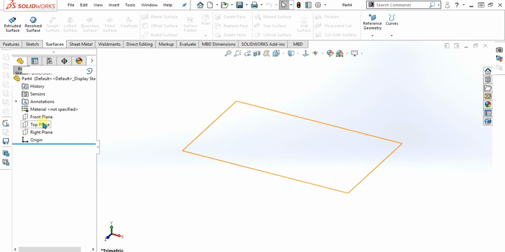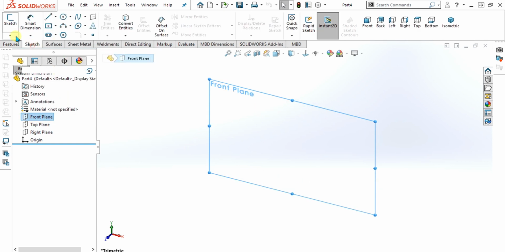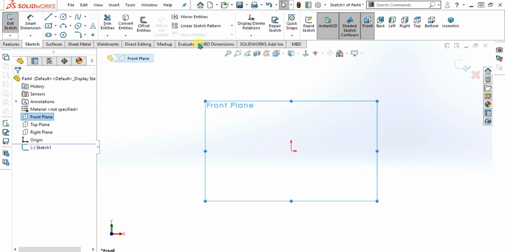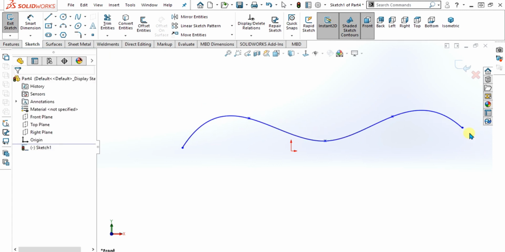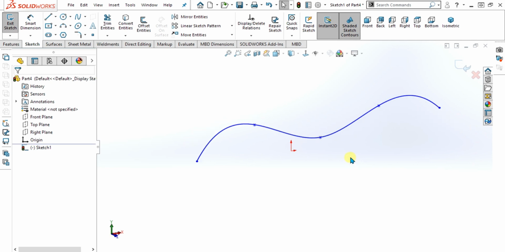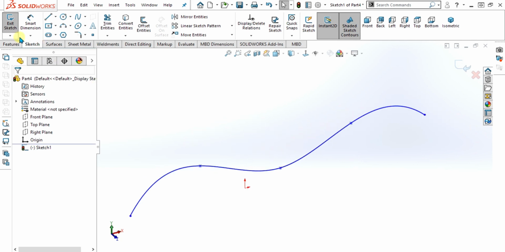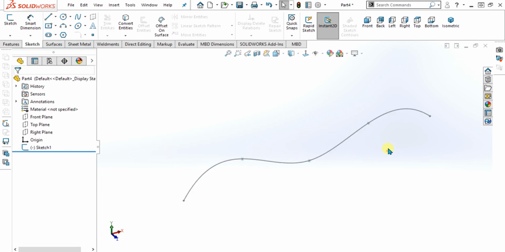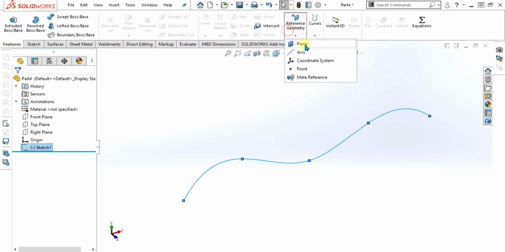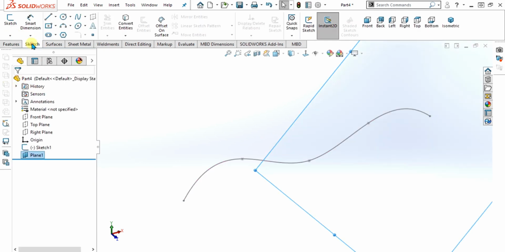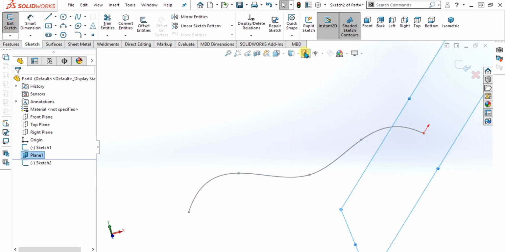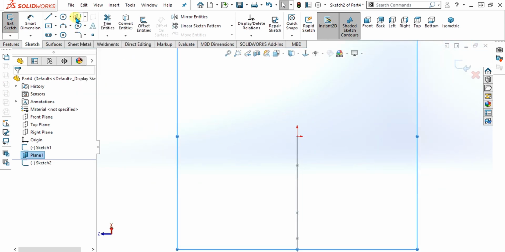First of all, I am going to make the path and the profile for the swept surface command. As you know, the swept feature always wants some path and some profile which will be converted on this path. Now I will simply exit sketch from here. I will select this line or subline, go to plane and now select this point on which you want to make the plane. Now simply go to the sketch command and again make an open sketch from here.